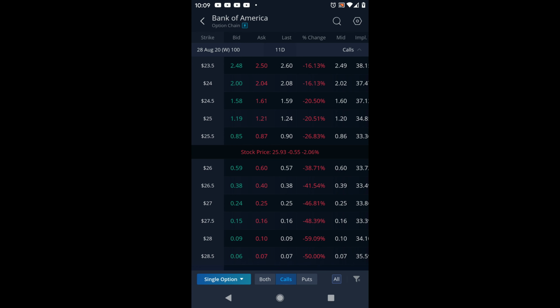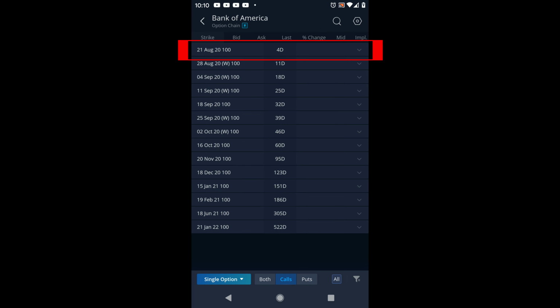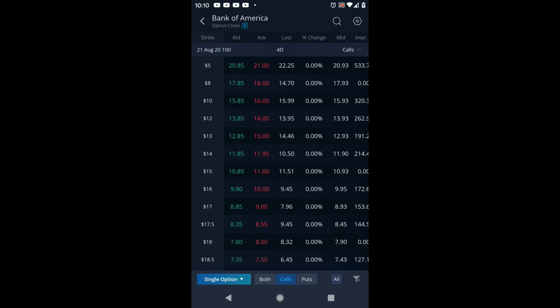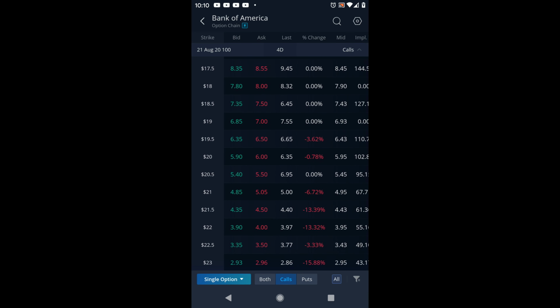In our case, we're doing covered calls. If you're trying to do a cash secured put, that means you have the money to buy the shares, but you're just trying to collect the premium. You would click on this bottom portion. You would click puts, and then this would change for you. So that would be if you're selling puts. We are going to do calls, and our expiration here is August 28th. We want to try to see if we can get August 21st. So if we scroll down some,